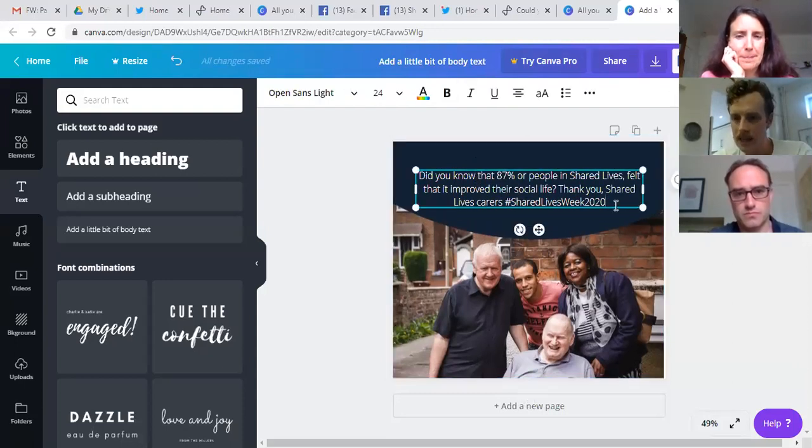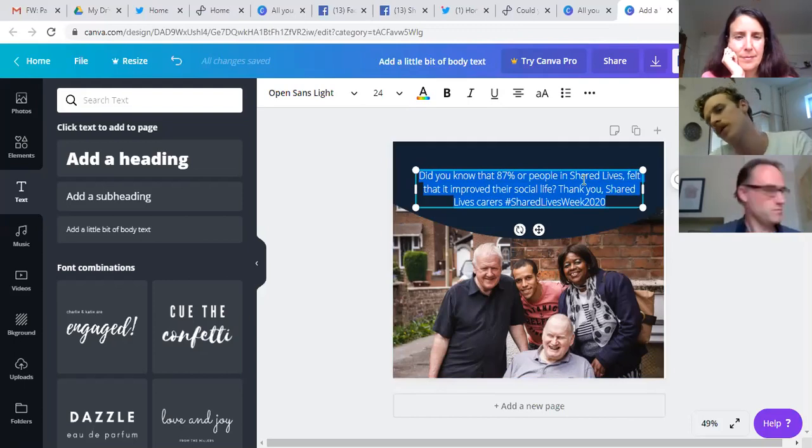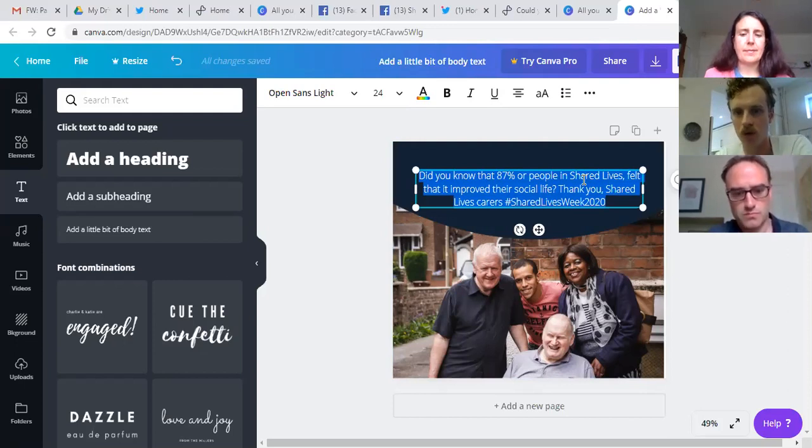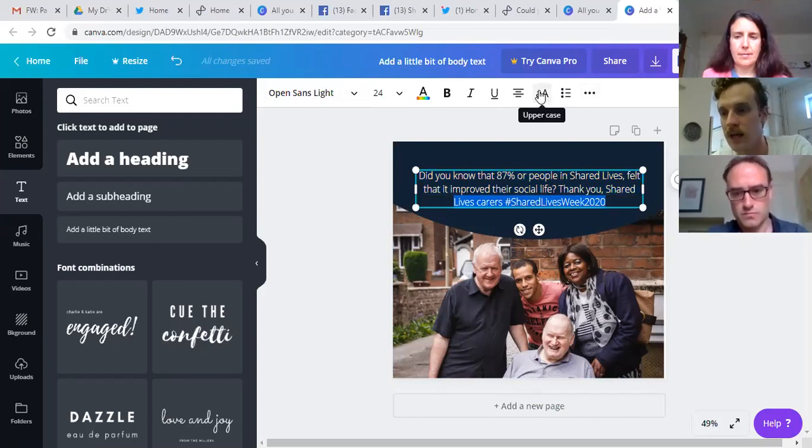Right, so we've got the text as we want it in there. Now, this is where, once you're happy with what the text says, you can move on to manipulating what it looks like, basically. Its color, the type of font, and whether it's bold or italic. And again, if you highlight the full text like that, you'll see there's a little white bar up here which allows you to select all those different categories which I just mentioned.